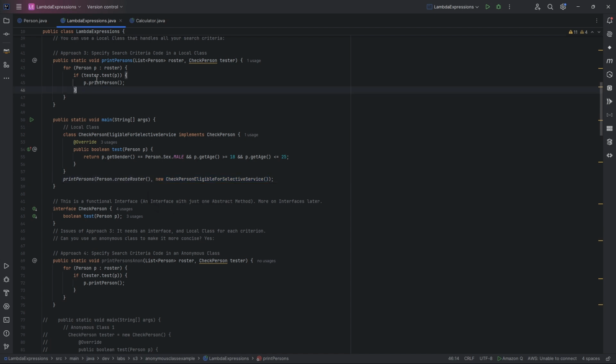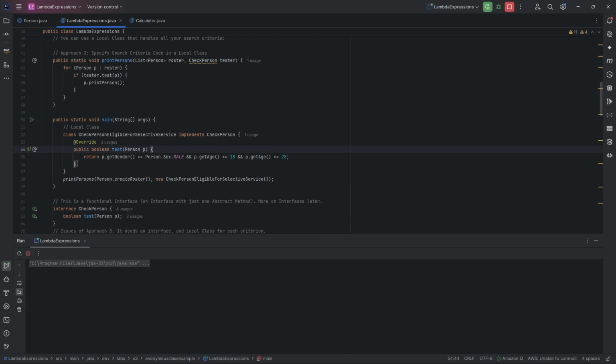So within that, it's just going to fetch the test method, and if that evaluates to true, this return statement here, then it will print the person. So it's only going to print the person in the roster whose specifications for the gender and the age range evaluate to true. If I run this,